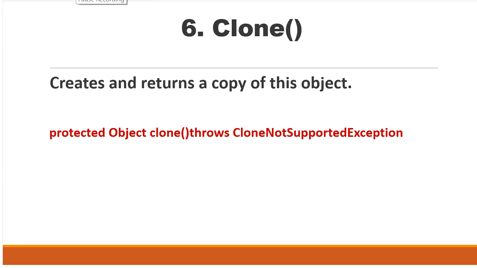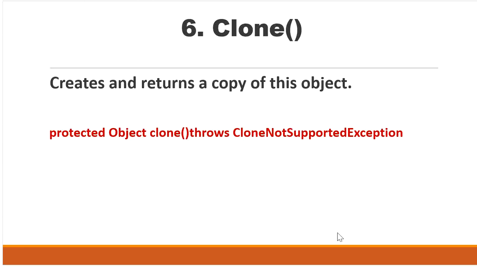The process of creating an exactly duplicate object is called cloning, and the main objective of cloning is to maintain a backup. Here we do not need to use the new operator to create the duplicate object. We can use the clone method to make the duplicate copy. This is the signature: protected Object clone() throws CloneNotSupportedException.